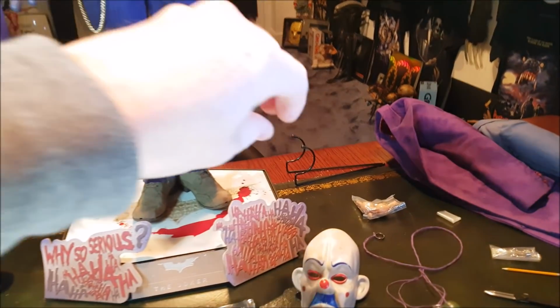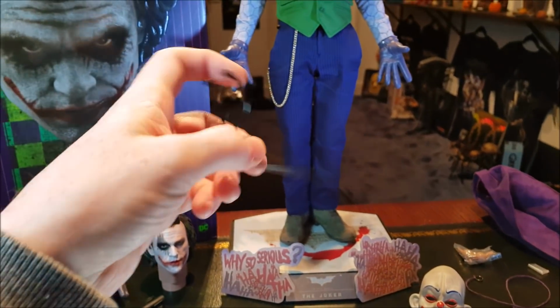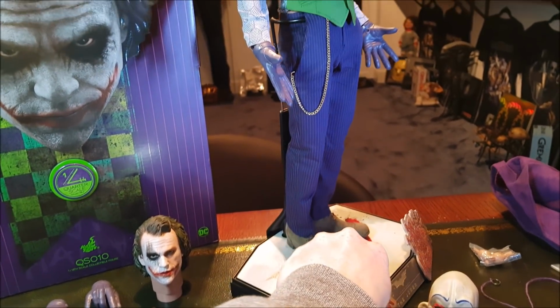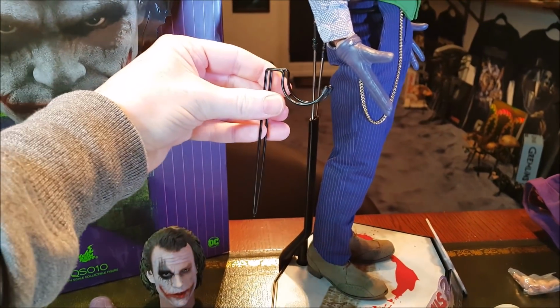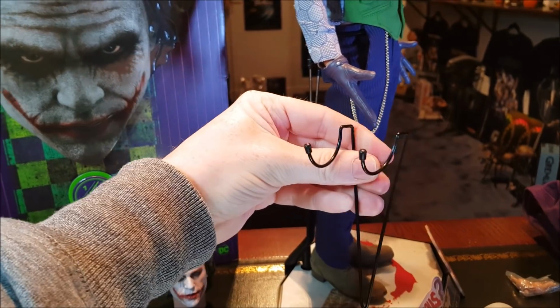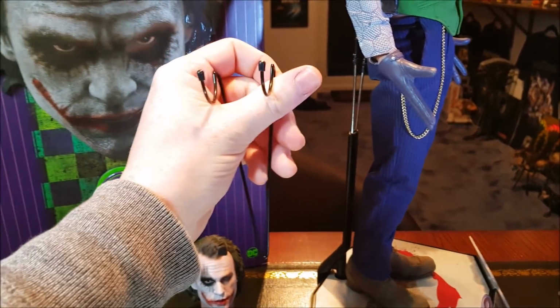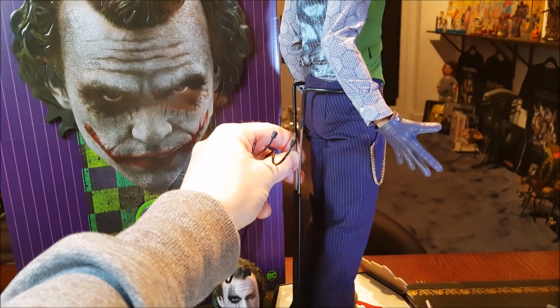First thing I want to let you know about is the groin grabber that the figure comes with. This is usual with these Hot Toys figures, but just in case you're new to the hobby, this would go in there, and then this basically just goes between his legs and stops him from falling forward, in theory. But I have had to take this out completely, and luckily, from a much older purchase, I think it